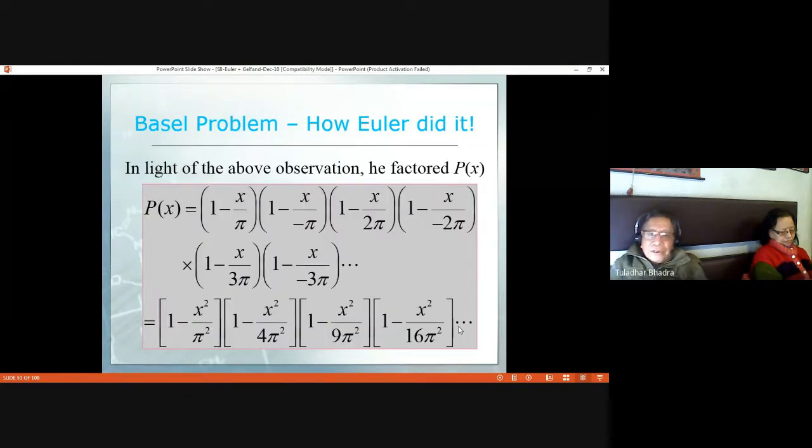And he again factorized it with this P(x) in this interesting way, x times 1 by x minus this, and so on, so on. And he regrouped it in this way, 1 minus x squared. These two you can multiply, and in this way he gets this summation, right? And